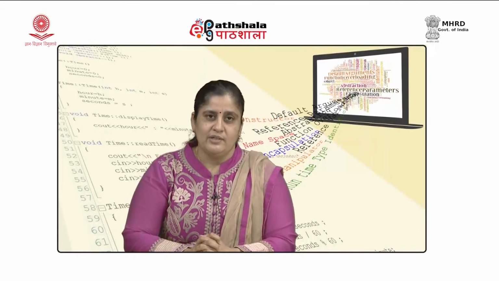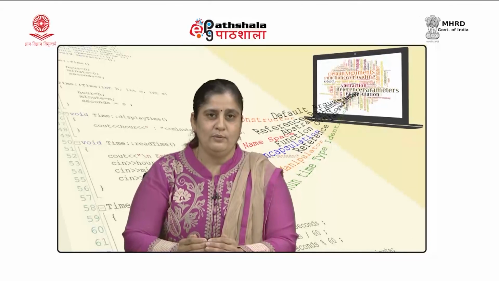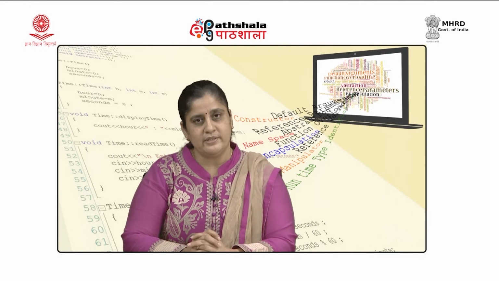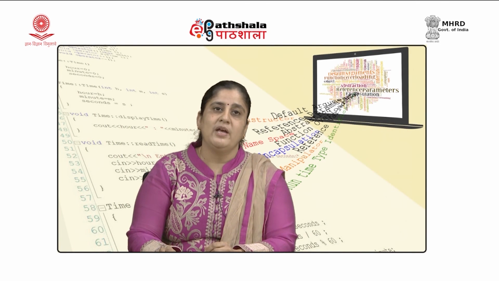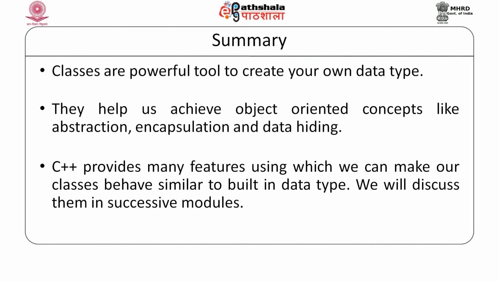So, now in this module and the previous couple of modules, we discussed the basic anatomy of classes, and what we have seen here is that classes are powerful tools to create your own data type, and if a class is properly defined with the proper access specification, it helps us achieve object oriented concepts like abstraction, encapsulation and data hiding. And when we implement these concepts and start writing programs, you would realize that all of these things make your program